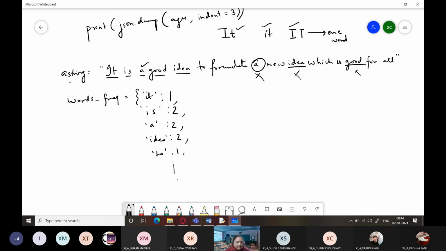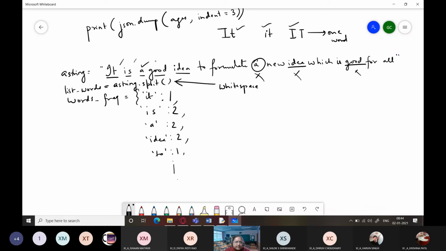So how will I do it? I will be converting this string into a list first. So I will write list_words equals, and I will be using the split function for doing this, string dot split. If you don't give any argument to split, the string will be split based on white space character.